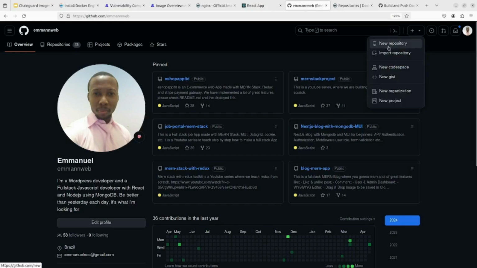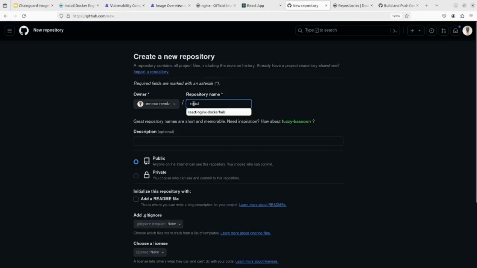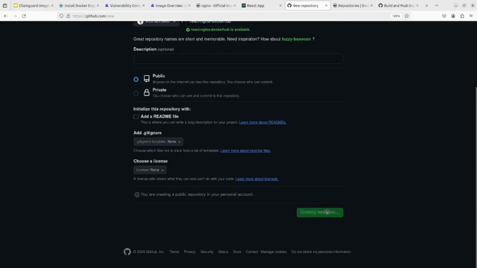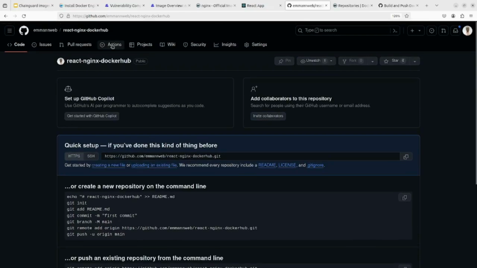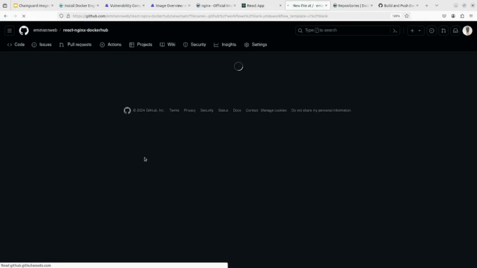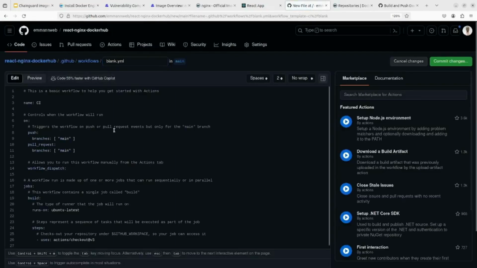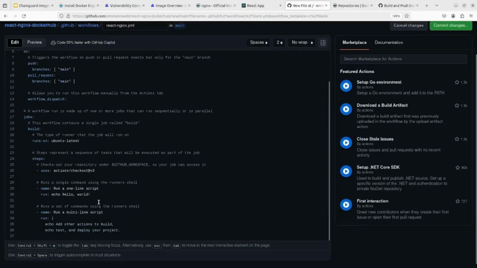And now I'm going to create a repo, name it React Nginx Docker Hub. Now it's time to automate our deployment. Okay, now we're gonna add actions, and we're gonna choose simple workflow. So as you can see, it's .github/workflows, and we're gonna name the file whatever we want. In our case, we're gonna name it Reactjs.nginx.yaml, and